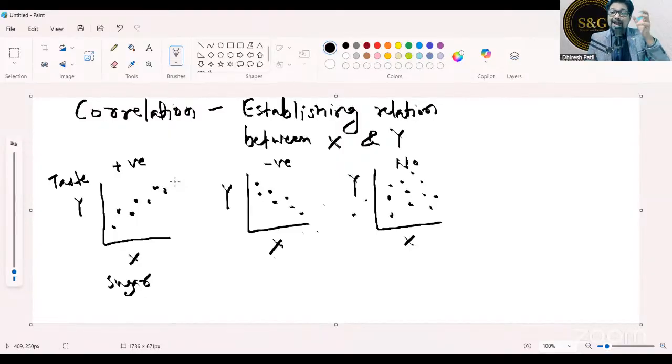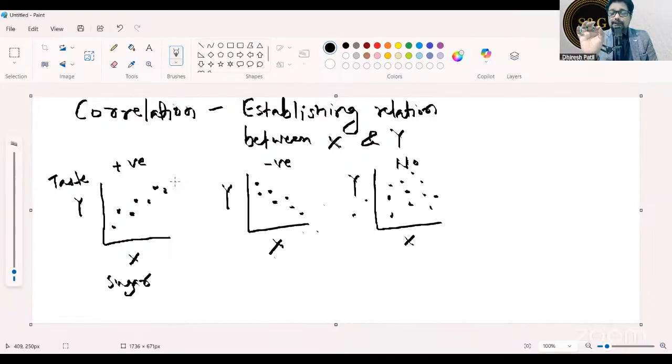Now, if we have a lot of water, more quantity of water, of course, the taste of the tea will be very pathetic, right? As we are increasing the water further, the taste will go to the toss, correct? So it will deteriorate further. As we keep on adding additional, excessive quantity of water, it is called a negative correlation. As X is increasing, the taste is decreasing, it is called a negative correlation.